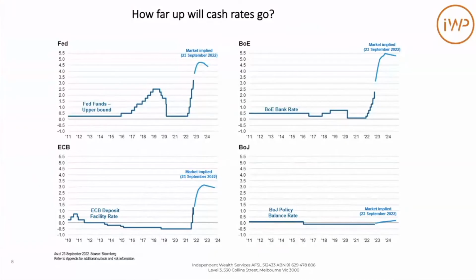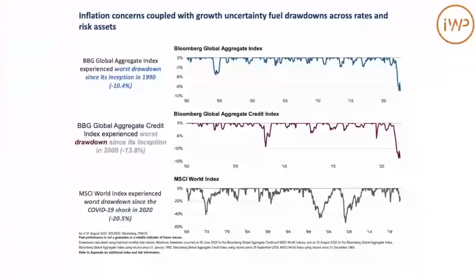The last bond market crash was in 94, so how many years ago? 28. Thank you, I was getting there. That was considered a fairly significant event, and we saw a -6 on the Australian market. The global credit index was about -10 or something like that. What we've seen this latest time has been -12s and -15s.